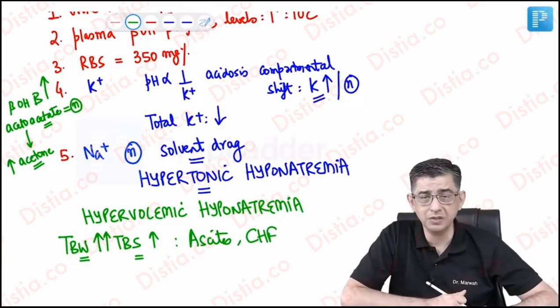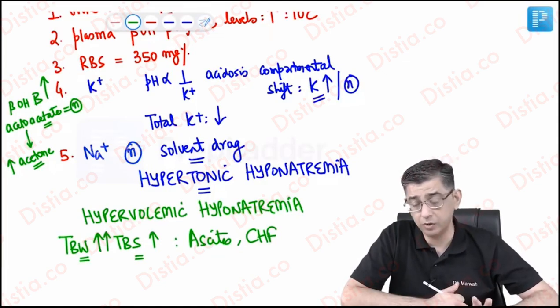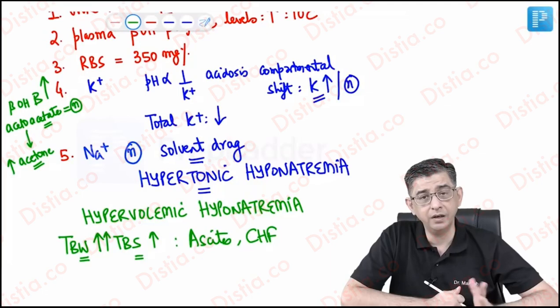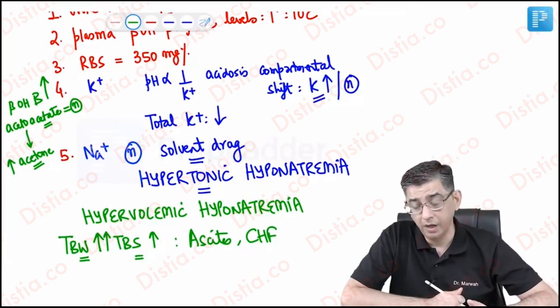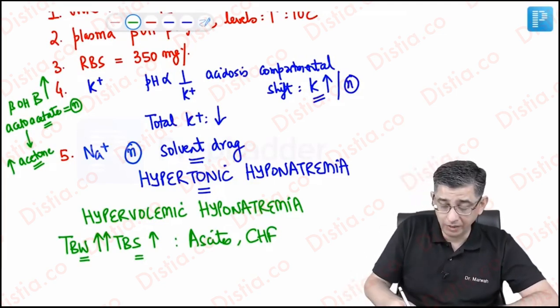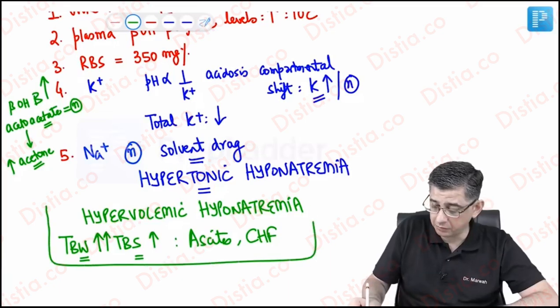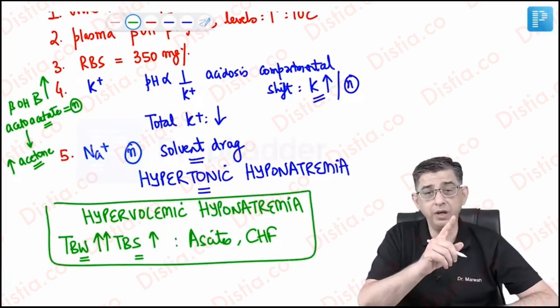Conditions where you get hypervolemic hyponatremia are conditions contributing to ascites. It could be cirrhosis, nephrotic syndrome, protein losing enteropathy, whatever he wants to ask. Congestive heart failure can occur due to coronary artery disease. It could be cardiomyopathy in a patient. It could be COVID-19 contributing to myocarditis. But the bottom line is, if he gives you this situation which is in the green box,